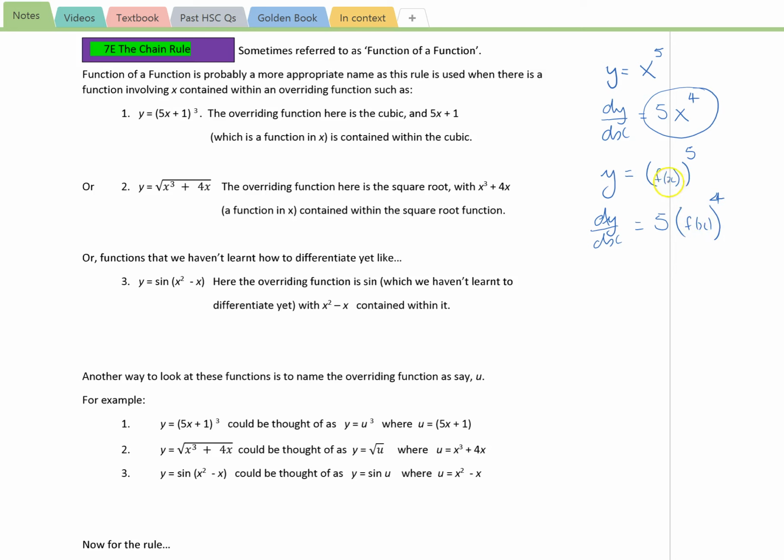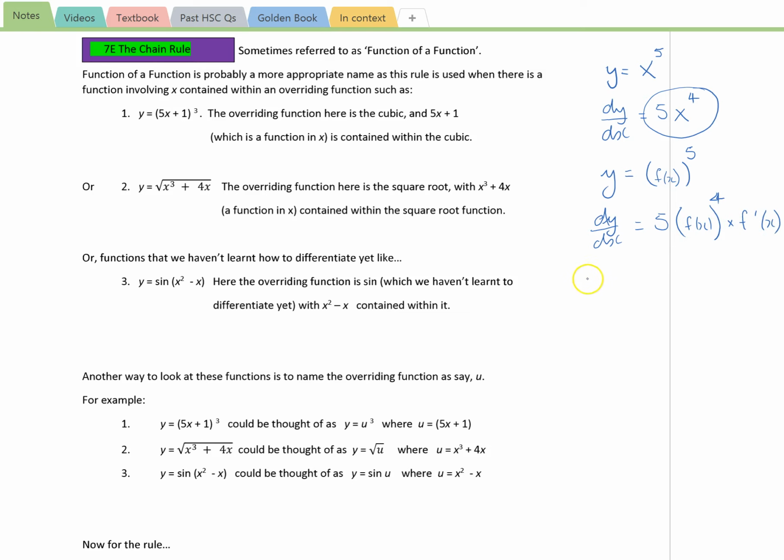Note that I have not altered the function inside the bracket at all at this stage. However, we still must differentiate that little function in x that sits within the bracket,